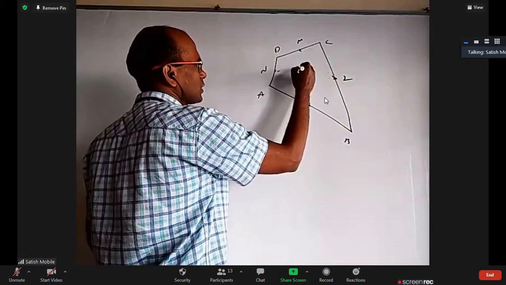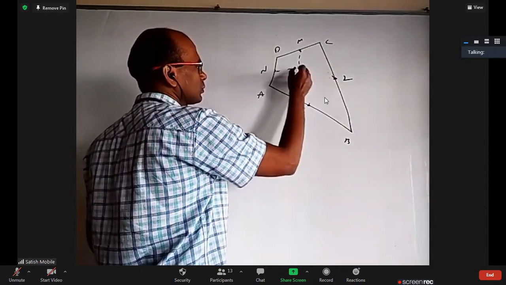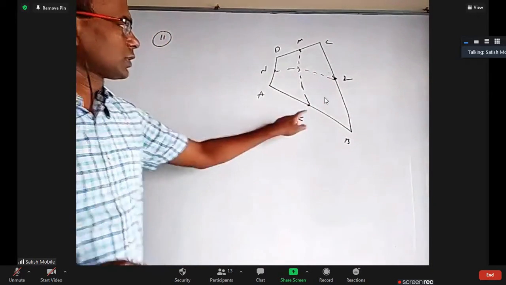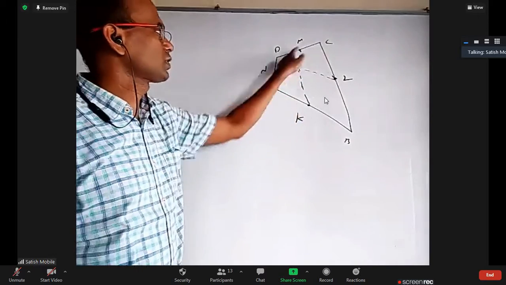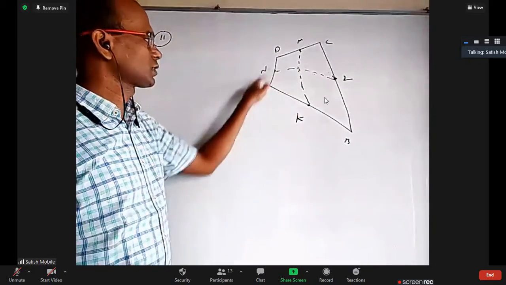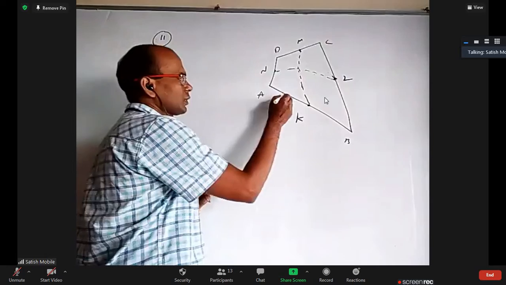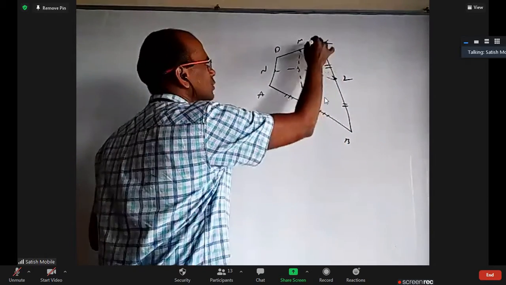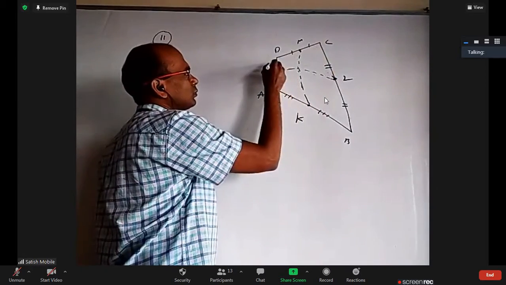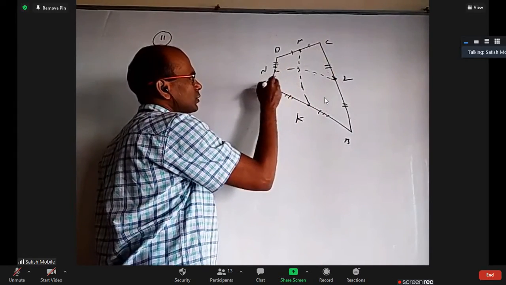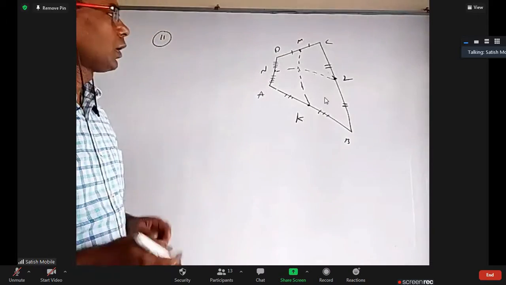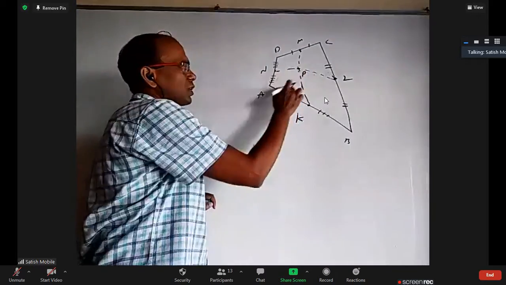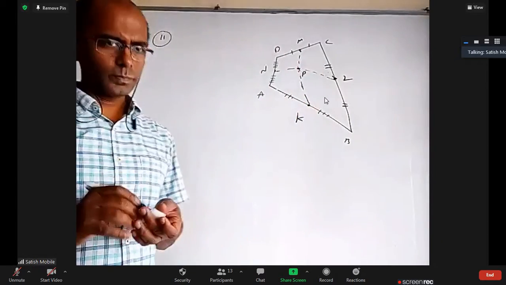Not even necessarily the right angle. So now this alone is one quadrilateral, this alone is one quadrilateral, this is a quadrilateral, this is a quadrilateral. This is a midpoint, so these 2 sides are equal, these 2 sides are equal, these 2 sides are equal, these 2 sides are equal. Now this point P can be anywhere, and I got 4 more quadrilaterals inside.